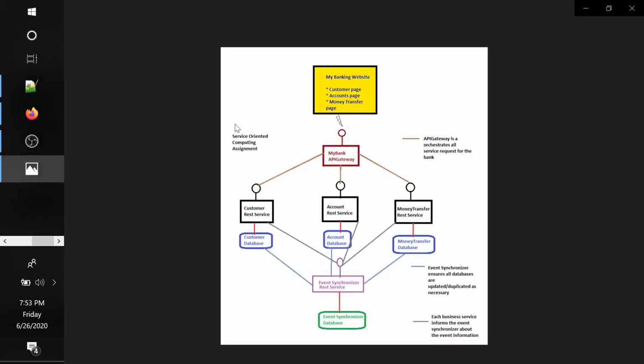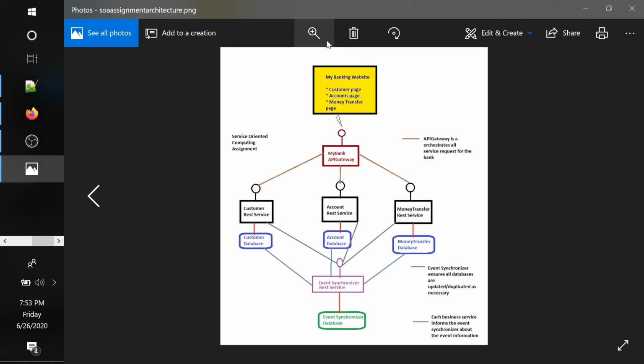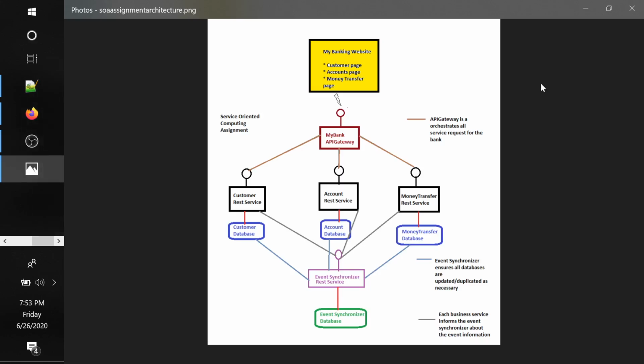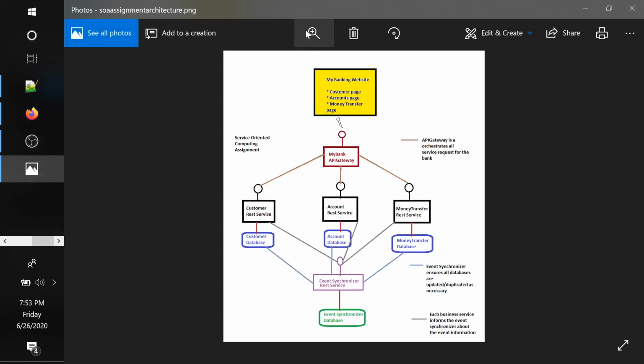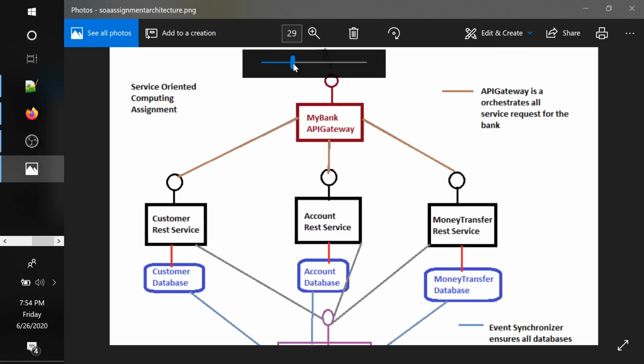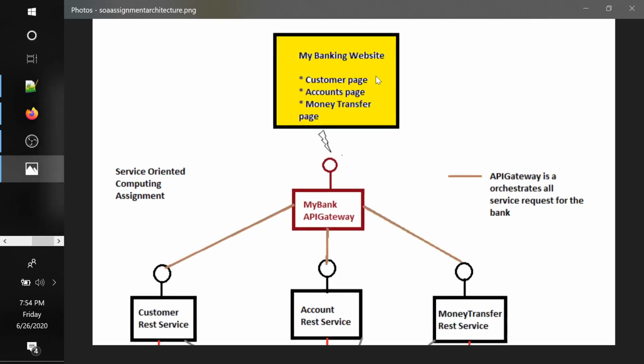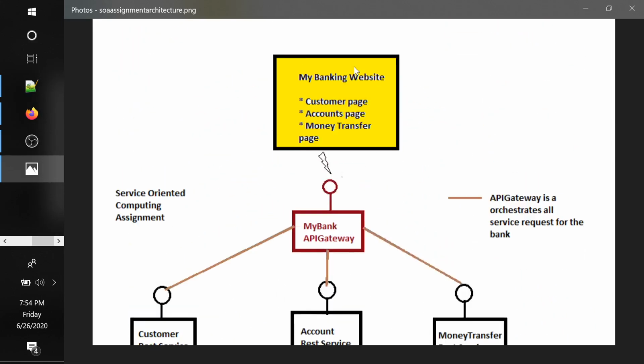Right. So this banking website customer page is trying to connect on port number 8081 to this link, and this is running inside the browser as AngularJS.